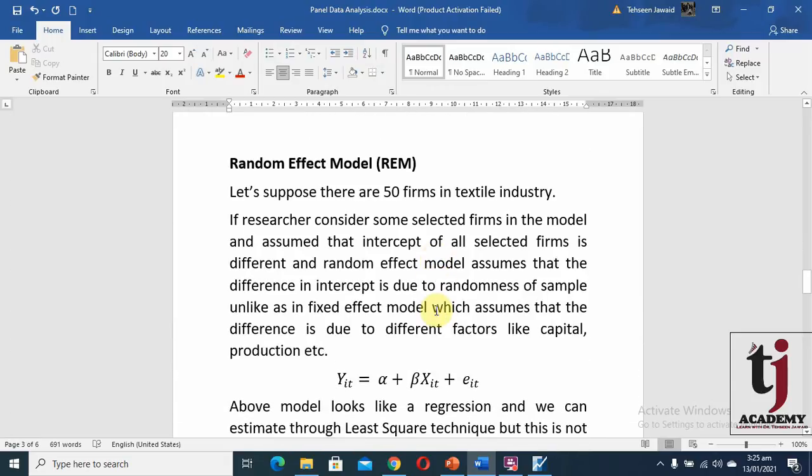Now what does the random effect model do? Let's suppose there are 50 firms in the textile industry, as we have discussed above. If the researcher considers some selected firms in the model, let's suppose 20, and assumes that the intercept of all selected 20 firms is different,